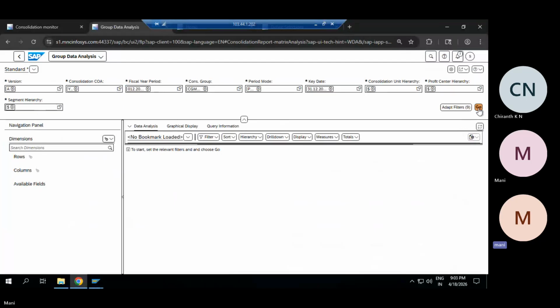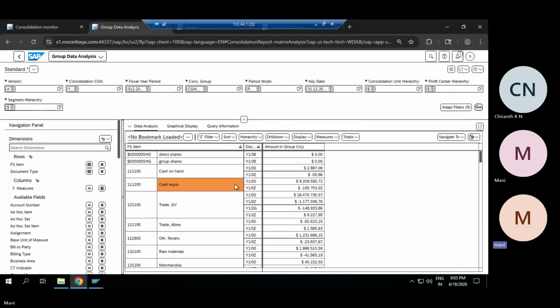So this will show you the consolidated data after reconciliation and everything. Document type, values. If I wanted to pull